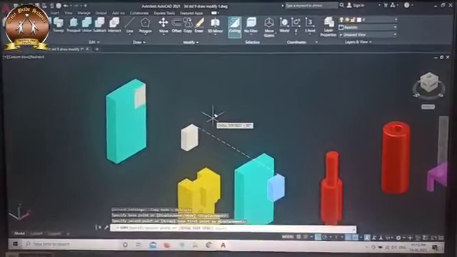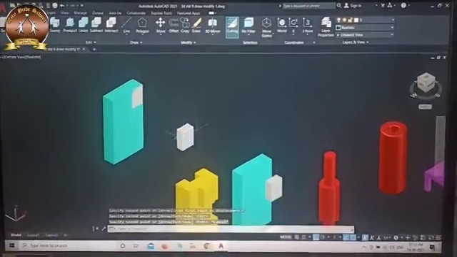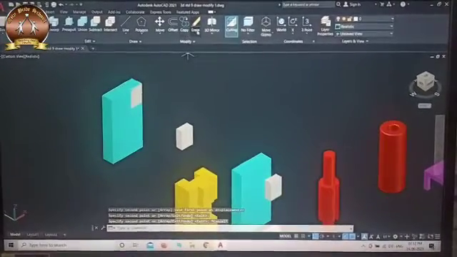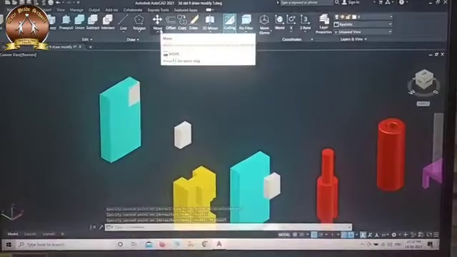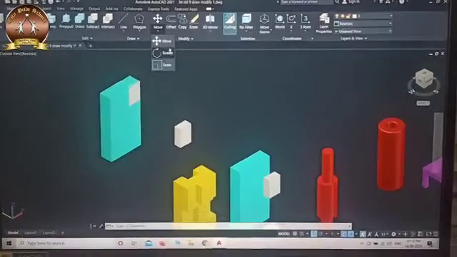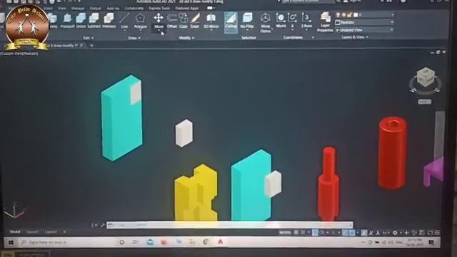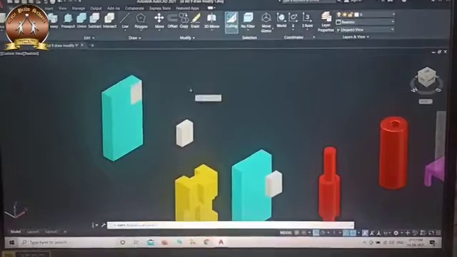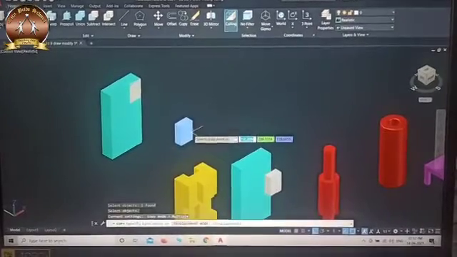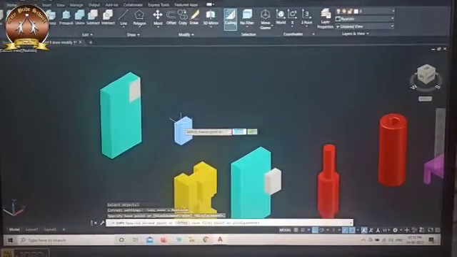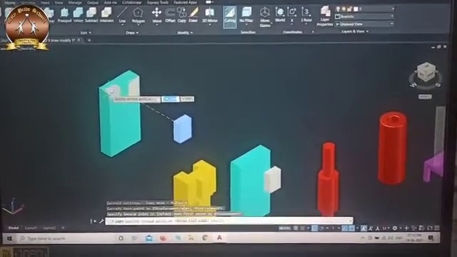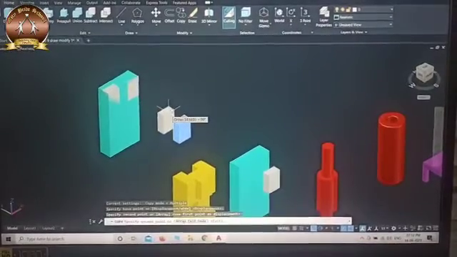Now again I have to move or copy this job. Suppose I take copy. Copy command is here, select, enter. Now I will copy this to this corner.